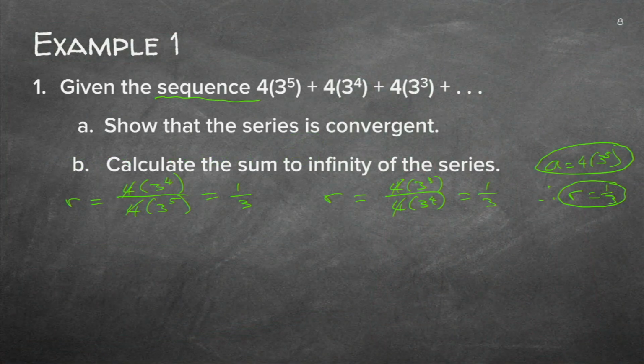Now, what are they asking? Show that the series is convergent. In order to show that, remember what I said on the previous slide: only if the r is a fraction between -1 and +1, only then the sequence will be convergent. So if I go to number a, my r is a third. So -1 is smaller than a third, which is smaller than 1. That is true. If I fill in the r there, I can see it does lie between -1 and 1. So therefore, I'm going to say -1 is smaller than r, smaller than 1. Therefore, my sequence is convergent. And there I've answered my question.